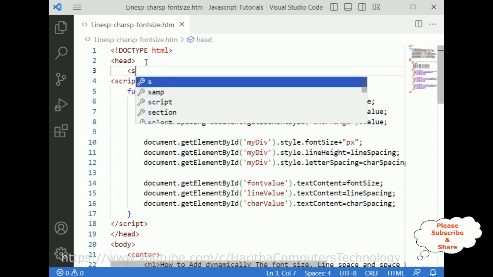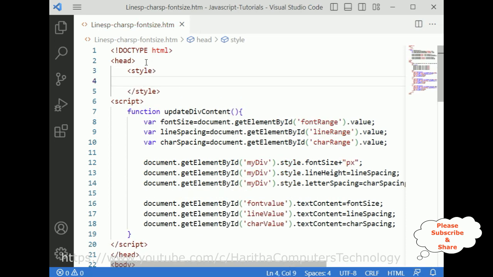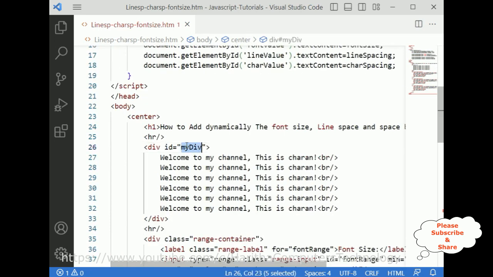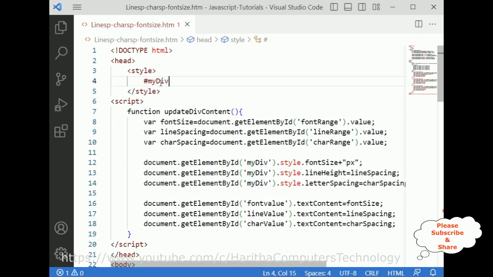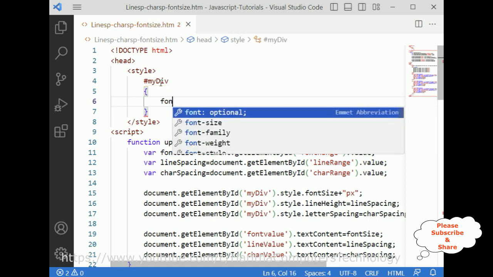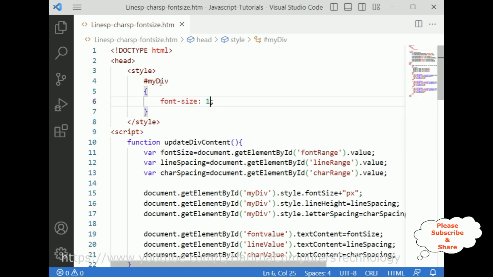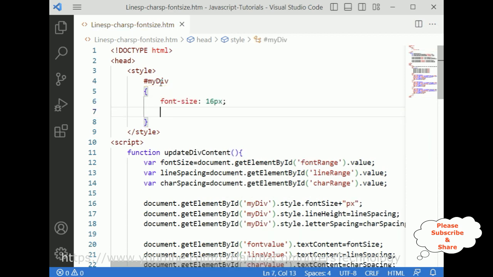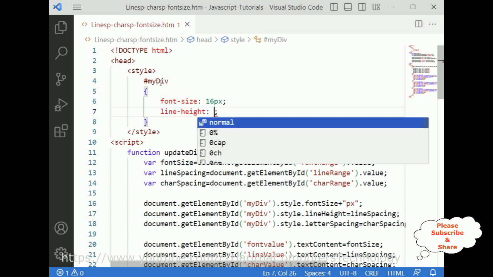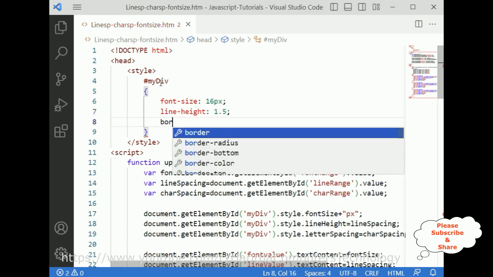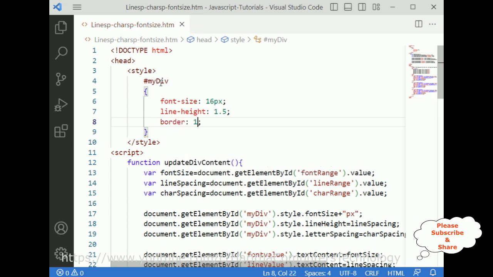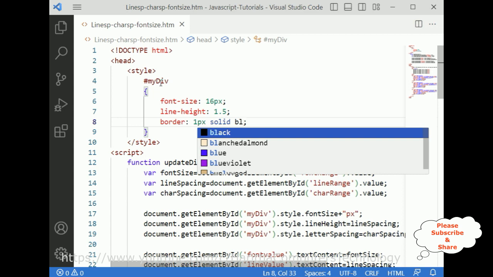Go to head, style. First one, let's add the div container, my div. Copy this one, this is the ID node, so I need to add the hash. Font size is 16 pixels. Line height, these are the default line heights I am adding here. Border 1 pixel, solid, and the color I am adding